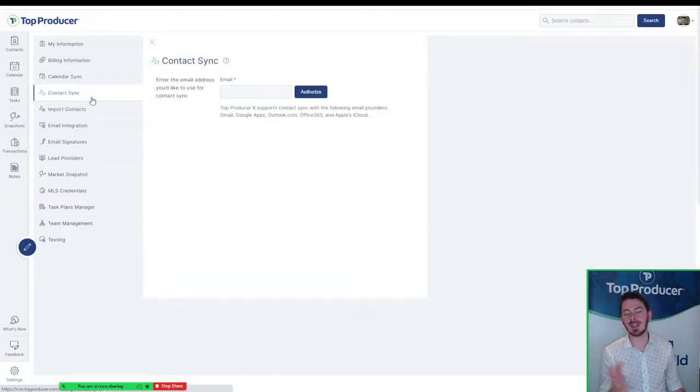So contact sync is the other way to bring contacts into Top Producer X, as I mentioned earlier. Whether you have contacts in your Google account, your iCloud account, Office 365, etc., you can link that up, pull in all of your contacts, and really get off to a good start with your database. Now, please note, like I said, it will bring in all contacts, which is not necessarily a bad thing, because